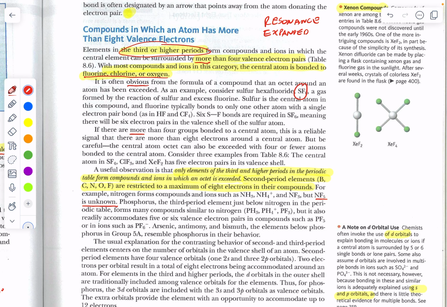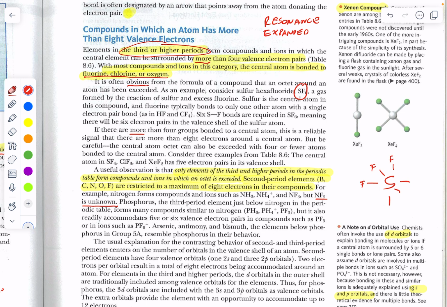For example, SF6. It would make no sense to have one fluorine bonded to another fluorine and to have a fluorine where you can have 2 fluorines bonded to it. That doesn't make an awful lot of sense because fluorine likes to make one bond because it has one lone electron. So when you have a molecule like SF6, you would expect that all those fluorines are treated, so to speak, exactly the same way. And by that I mean they're all going to be connected in the same way to sulfur in this case.